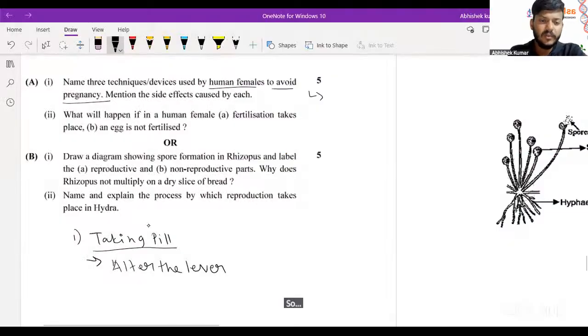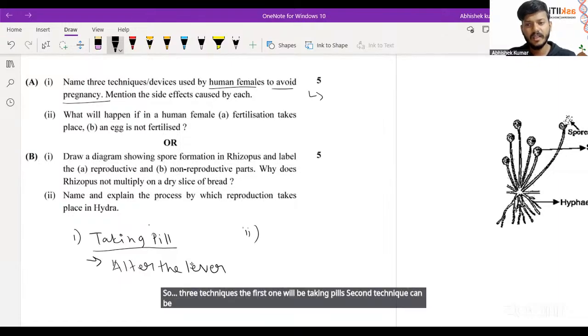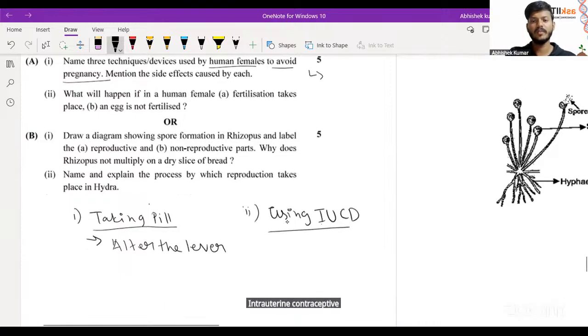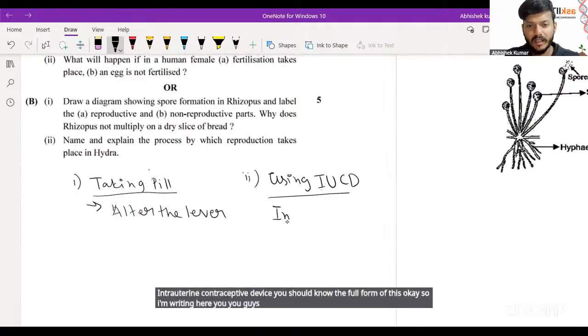So, three techniques. The first will be taking pills. The second technique can be IUCD, intrauterine contraceptive device. You should know the full form of this, okay? So I'm writing here, you guys also write intrauterine,